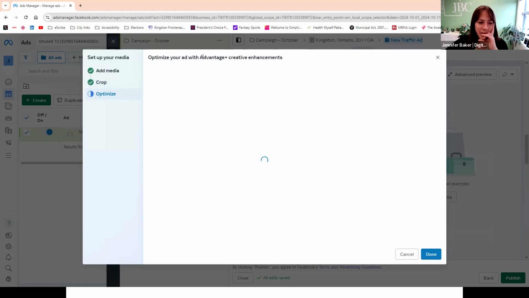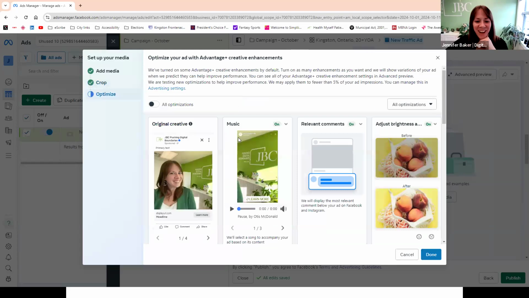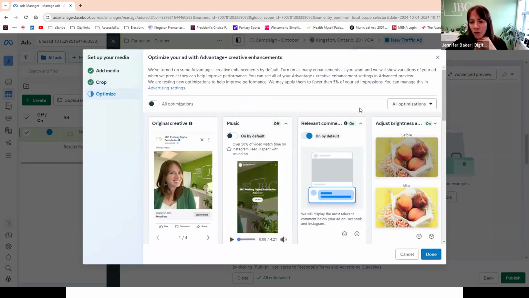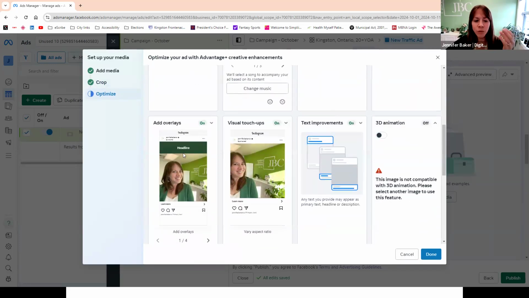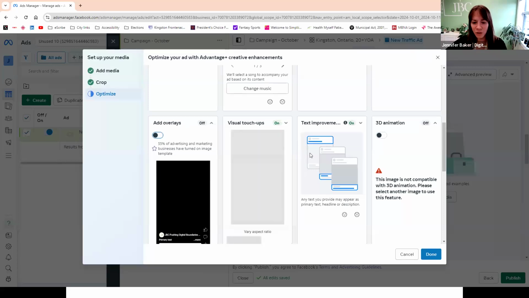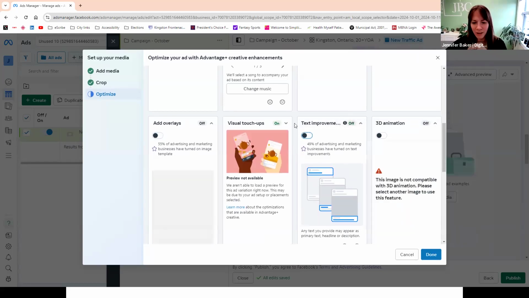Now here's our Advantage Plus again. It's so frustrating. So now it's giving us all these optimizations. So do you want music on? I don't, because music scares me on Facebook. Again, I'm old. You can turn off relevant comments. You can adjust the brightness, and it does this all automatically for you. So if you do want these options, by all means, keep them on. But oftentimes I like to turn a lot of these off because I've already built something for the placement. So text improvements, no, I don't want AI